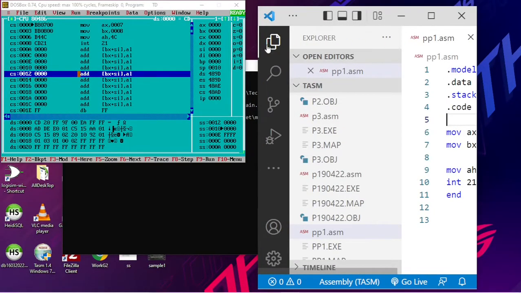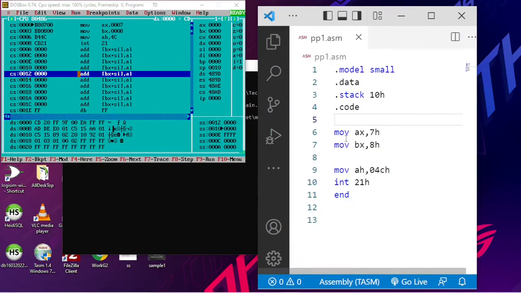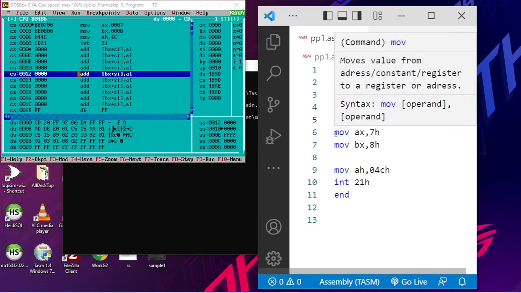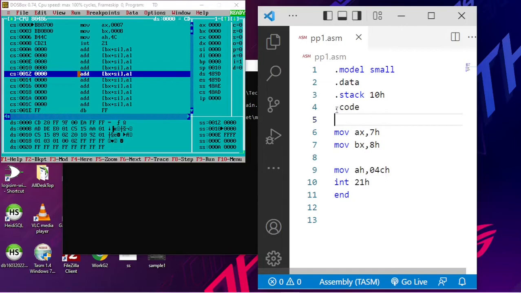But my point here is, the code of your program will be here inside the code segment. That is, after writing this .code, you'll be writing the actual code of your program. So you see here, this is your program, and more or less the same thing is appearing here in